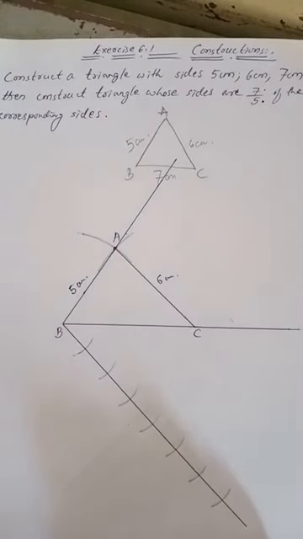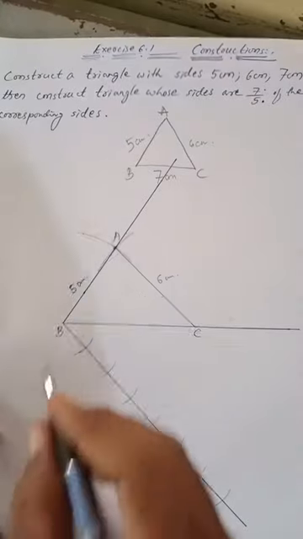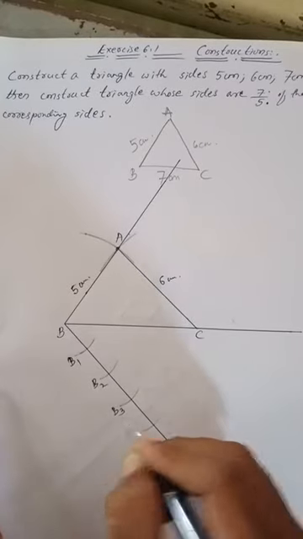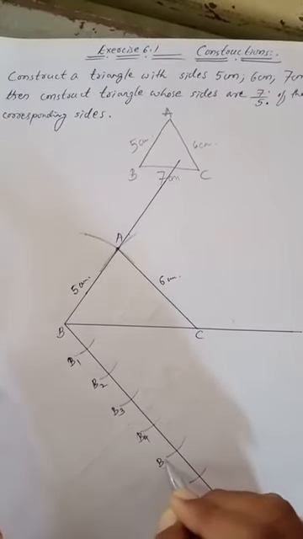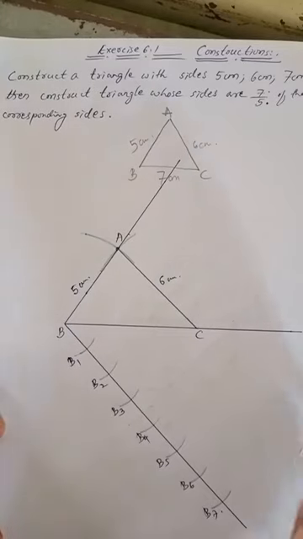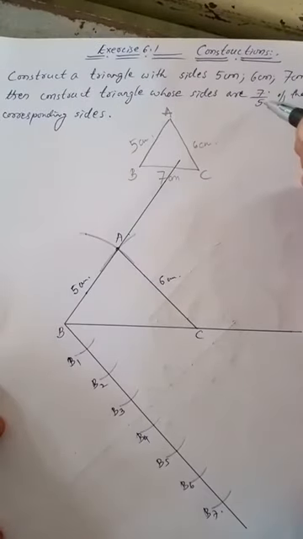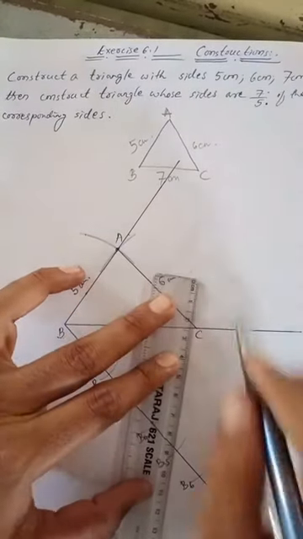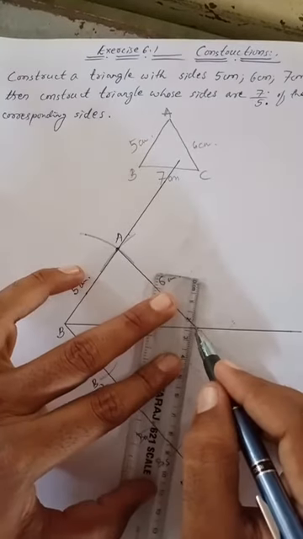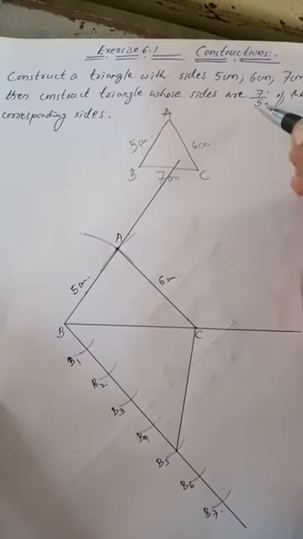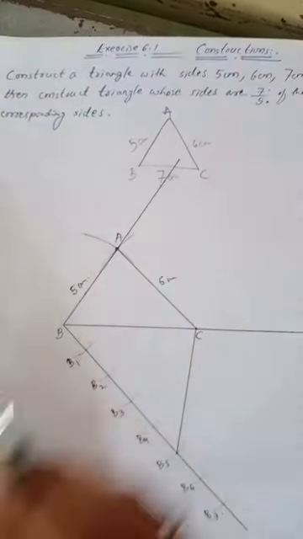Now, what about the labeling? The labeling is this side B is there, so obviously I must label B1, B2, B3, B4, B5, B6 and B7. Now the question arises, which arc should we join first? It depends on the denominator. Denominator is 5, so B5 we must join to C. Here most of them will make a mistake. B5 you should join it. So this is the fifth line which I have joined. What did I observe to join that? Whichever value the denominator has, that we must join.